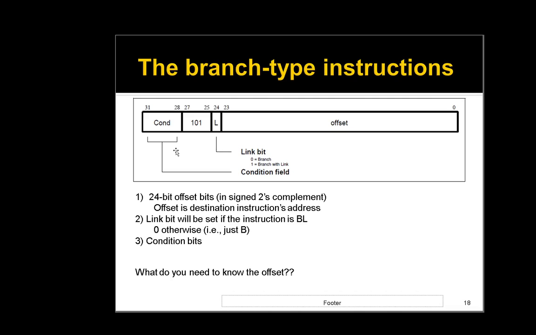Those fields are the condition, which is similar to the condition field we covered in the previous type of instructions, the data processing. Then you have a 101, that's always there, a hard-coded value of 101, followed by the L field, which is the link. If this instruction is a branch and link, then that field will be set to 1, meaning you are linking back to the next instruction on the return. If it's just a branch, then the CPU just branches to a label given. And then you have